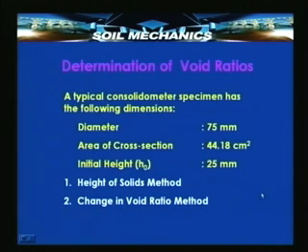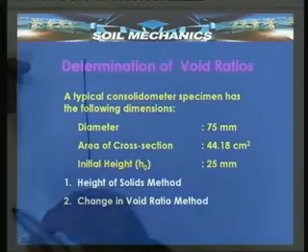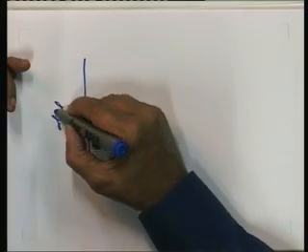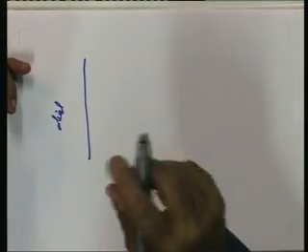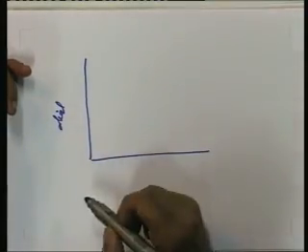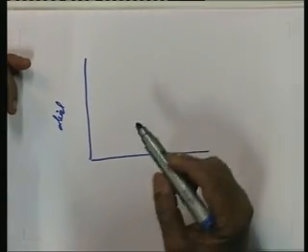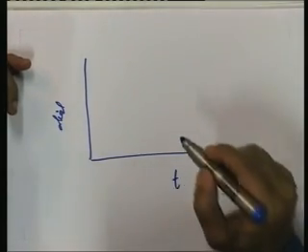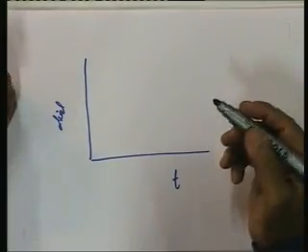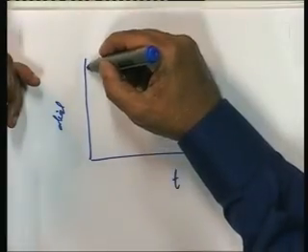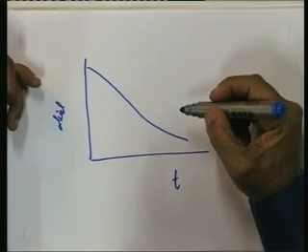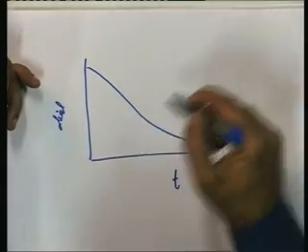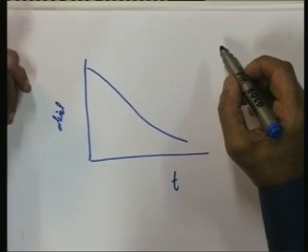Okay. As a starting point for determining these, we need to know the void ratios. We have the dial gauge readings, which we are able to gauge from the experiment, the so called oedometer experiment, and we have the time or root of time or logarithm of time as the objective may be. This is a curve somewhat like this, and ultimately we are interested in knowing the change in void ratio,